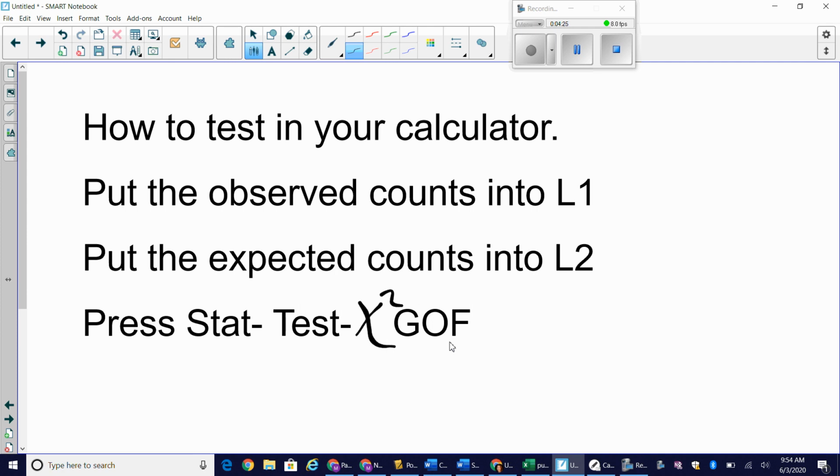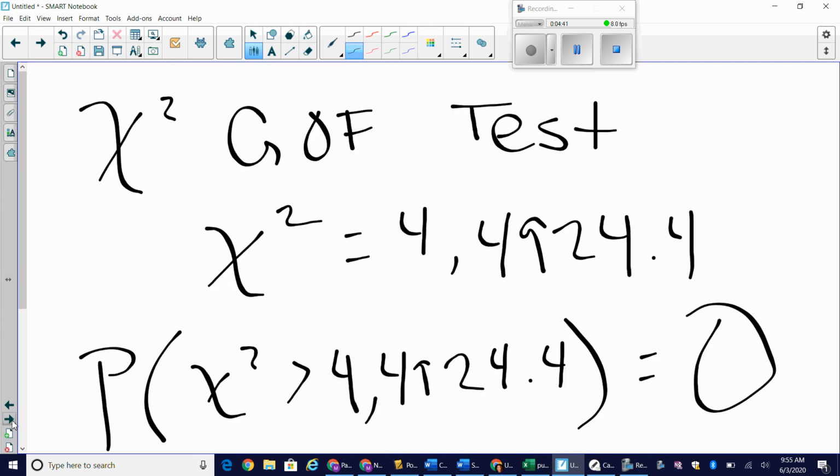Now, in order to do a chi-squared test of homogeneity or independence, you would have to actually enter the data from 2 different populations into a matrix. And I'll try to make a video with data on that shortly. Okay, so once I do that, I get these values. A chi-squared of 44,924.4. I had my decimal in the wrong place. That is a huge